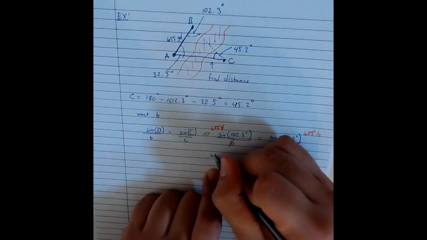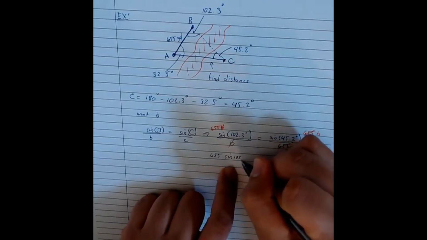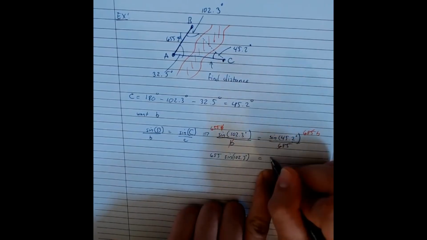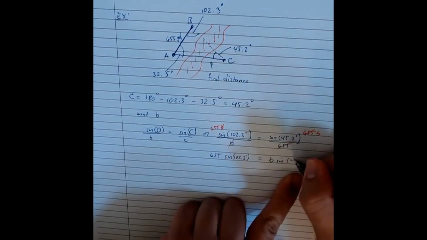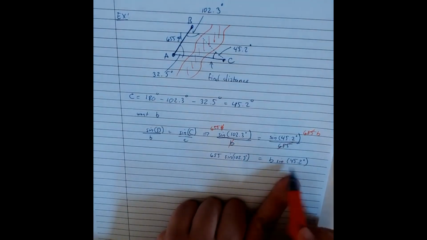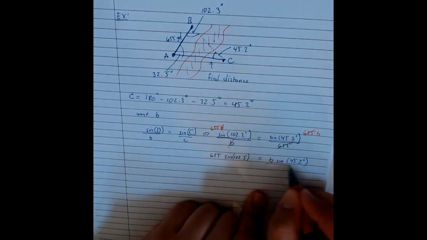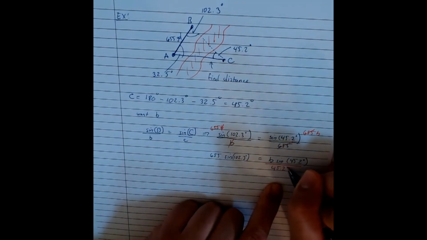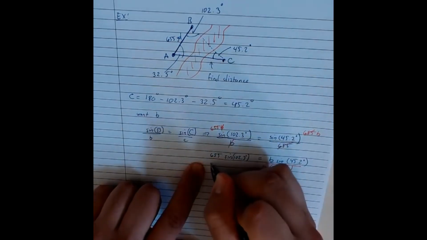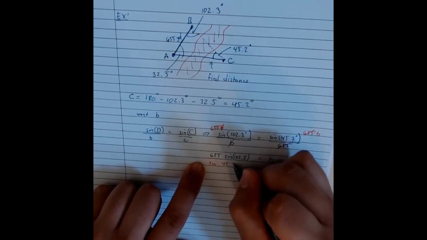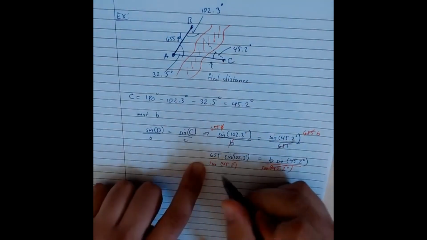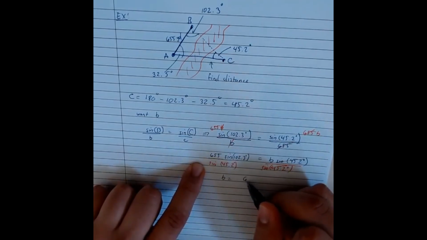So this will give us 655 times the sine of 102.3 degrees is equal to b times the sine of 45.2 degrees. And now we can go ahead and divide away that number we don't need. We're trying to get the b by itself. So we're going to divide that by the sine of 45.2 degrees, and same thing over here. These divide away, and that leaves us just our side length b, which is apparently equal to 655